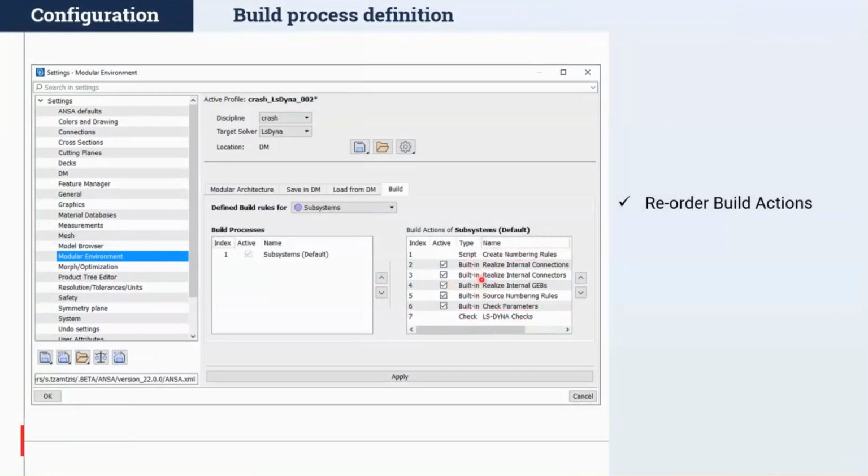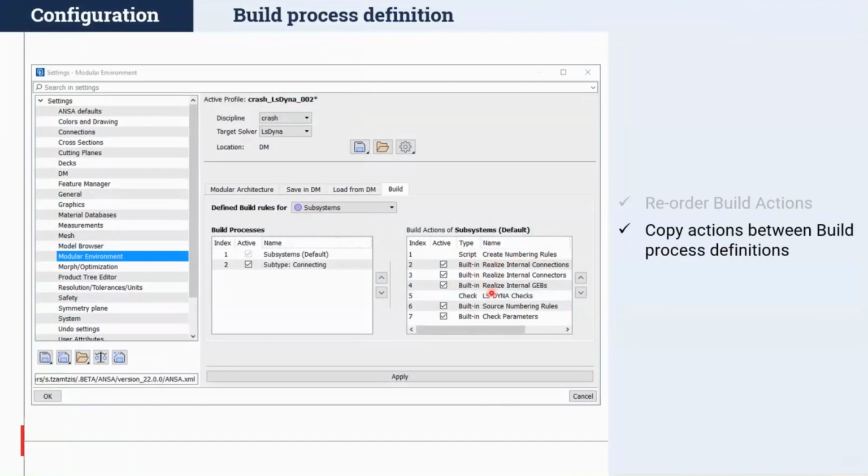With a simple drag and drop functionality, the user would be able to modify it. As well, to make the setup of the custom build process more efficient, copy and paste of the build actions is now supported between different build processes. So a subsystem which has a few build actions can be copied and pasted to a different connecting subsystem, for instance.